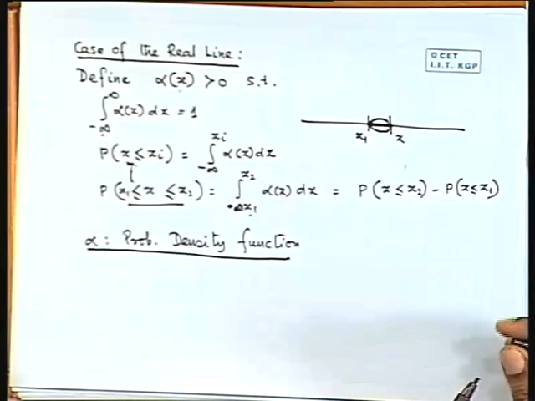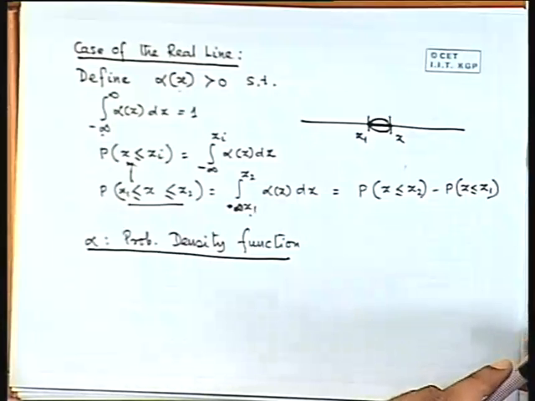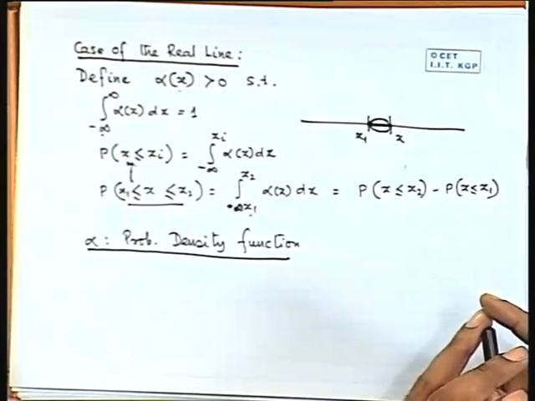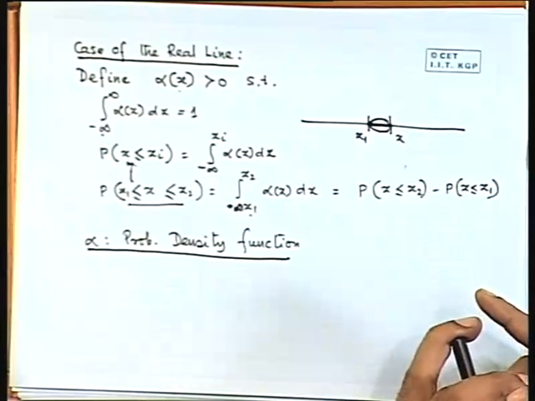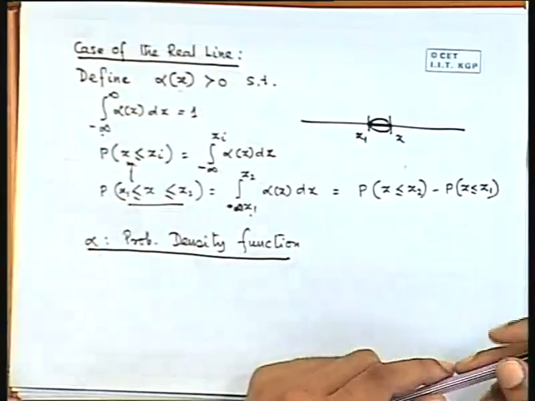So the functions that you see, for example, the normal distribution, are all probability density functions. If you want the probability of a normal variable, you will have to integrate the normal distribution. Then you will get the probability that a normally distributed variable is going to be less than something.